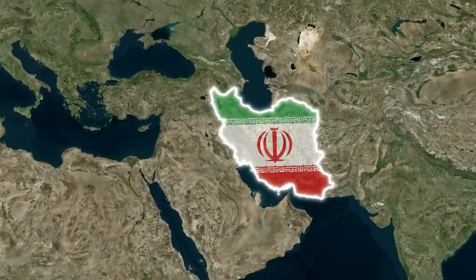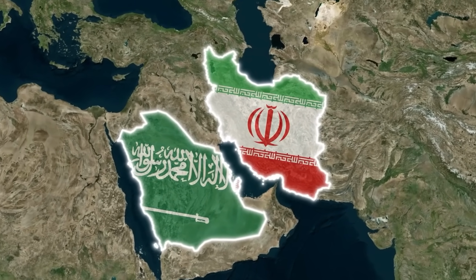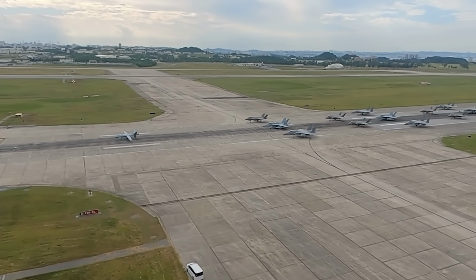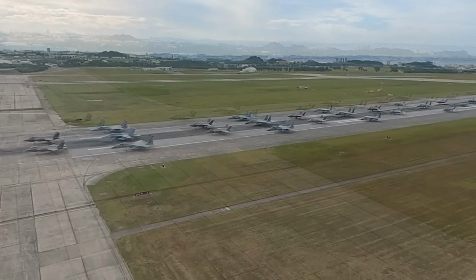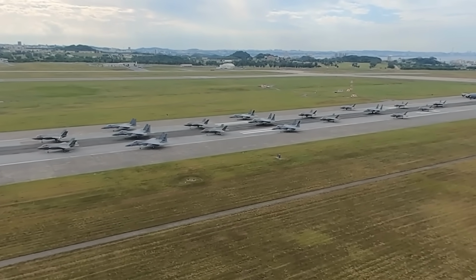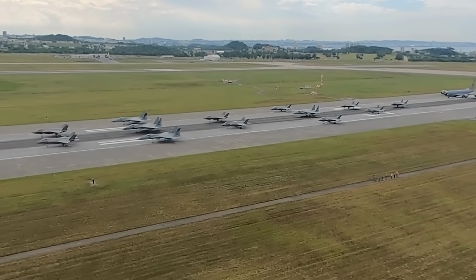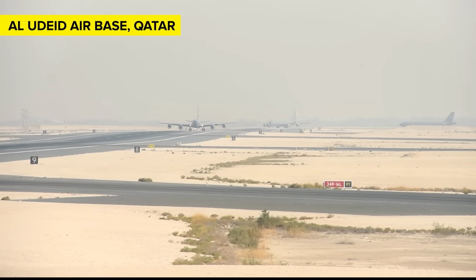However, if allies like Qatar and Saudi Arabia grant permission for their territory and airspace to be used, the US has multiple options in the Middle East or Persian Gulf region. While the exact number of US bases is classified, presumably there are about 750 overseas military bases in more than 80 countries, and it changes as requirements do. As of 2021, there were at least 17 bases capable of hosting a B-21 attack on Iran. Of those, the one most likely to be used is Al Udeid Air Base in Qatar,